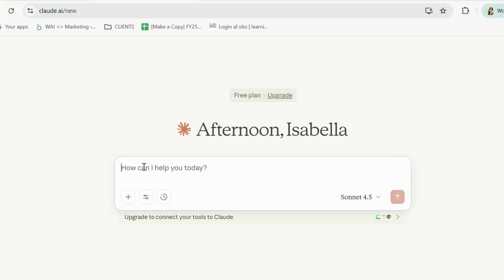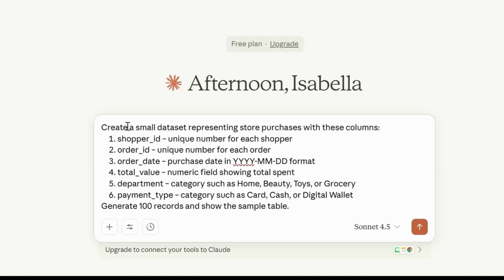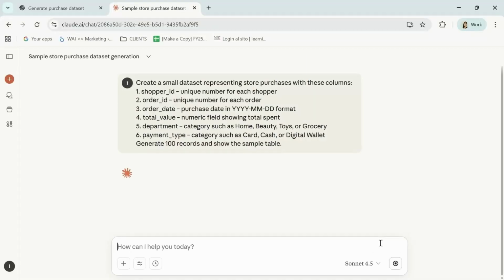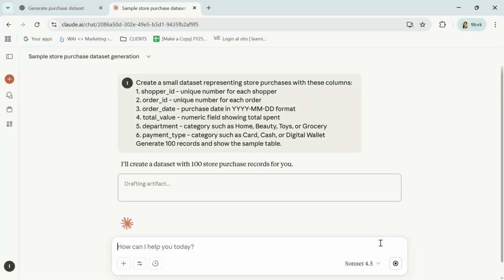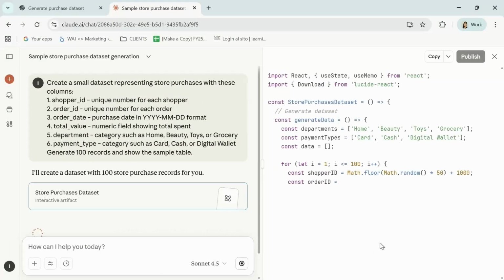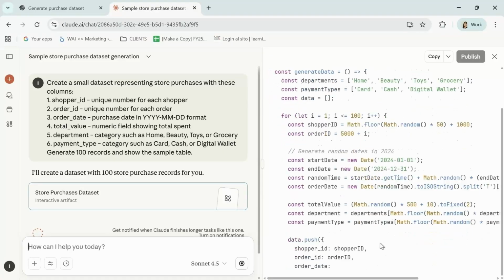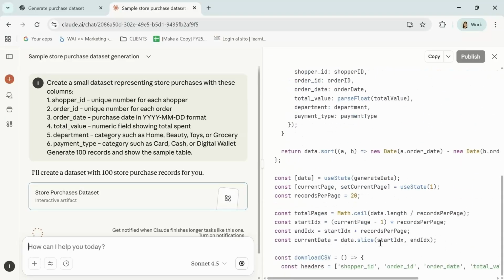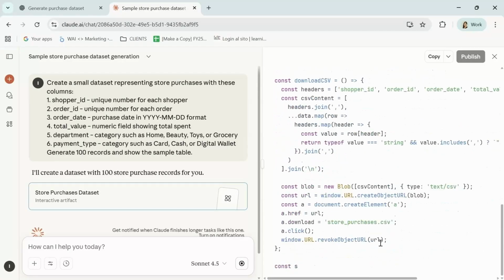So I'm just gonna copy and paste my prompt, and then you can see that I'm asking Claude to generate a dataset with different fields, and I'm also specifying the data types. So I will just press enter, and I can see that in just a few seconds, Claude generates and creates also an artifact. So this is an interactive panel on the right, and it's a fully working app